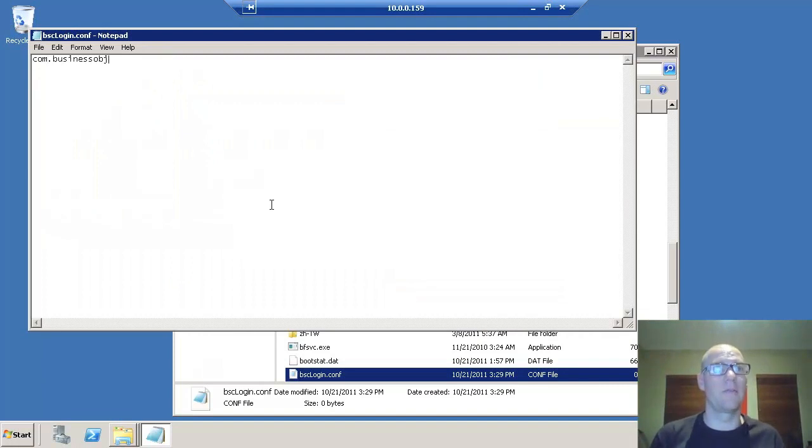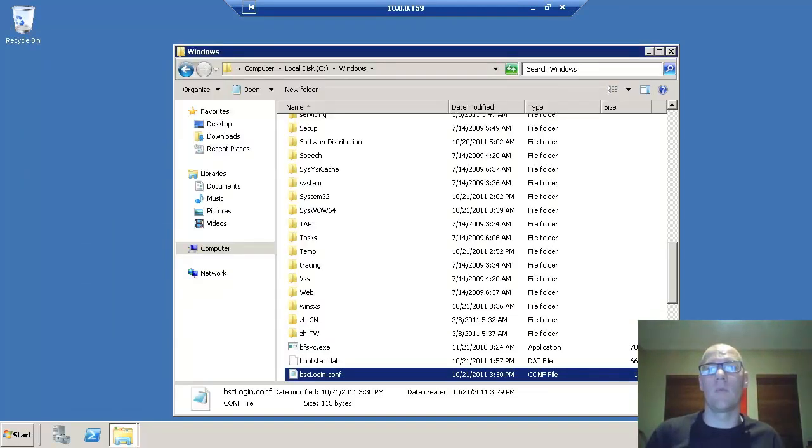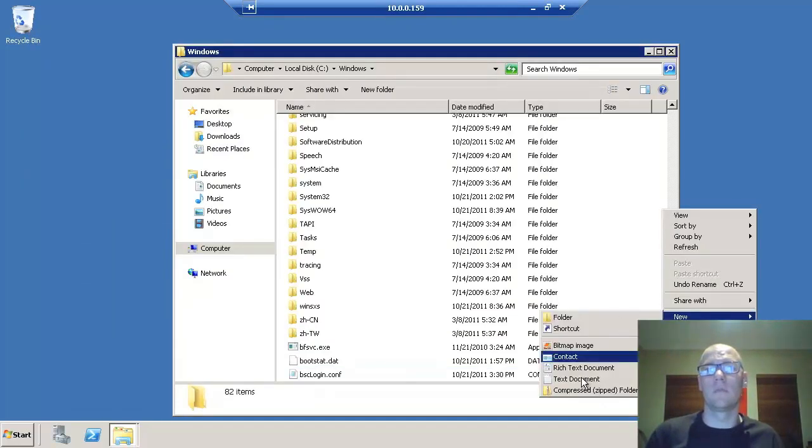and this is going to have the following text in it. Okay, so we put all that text into that file and save it. And we want one more file called